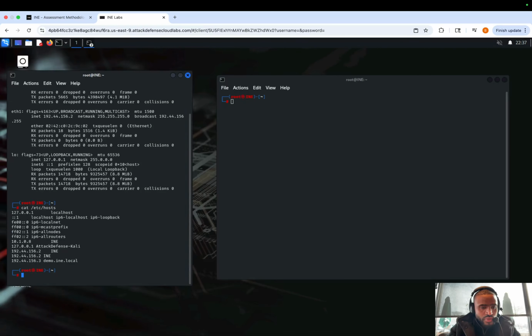It should be given to you over there too, but our host would be our target, which is 192.44.156.3. So we will be using this network card right here to initially connect with this target. So let's go ahead and get our service started, right? So we start our PostgreSQL service, and then once you start that service,